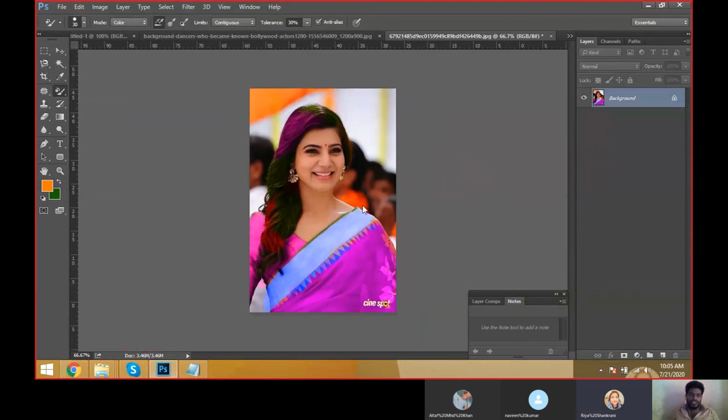Like this we can replace the colors in the image.